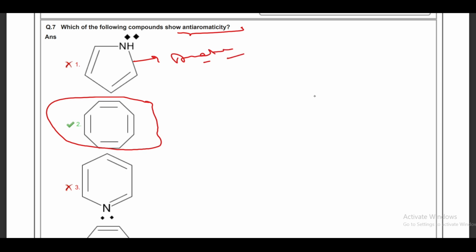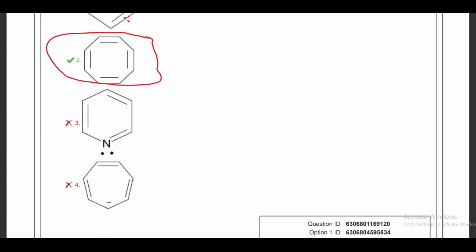Because these two 4 pi electrons are there, and one lone pair of nitrogen is involved in the delocalization of the ring, and that's why this structure is aromatic in the first case. And if we consider the third case, which is pyridine, in this case the lone pair on the nitrogen atom can't be involved in this delocalization, and there are already 6 pi electrons, a proper delocalization. This is also aromatic. And if you see this case,